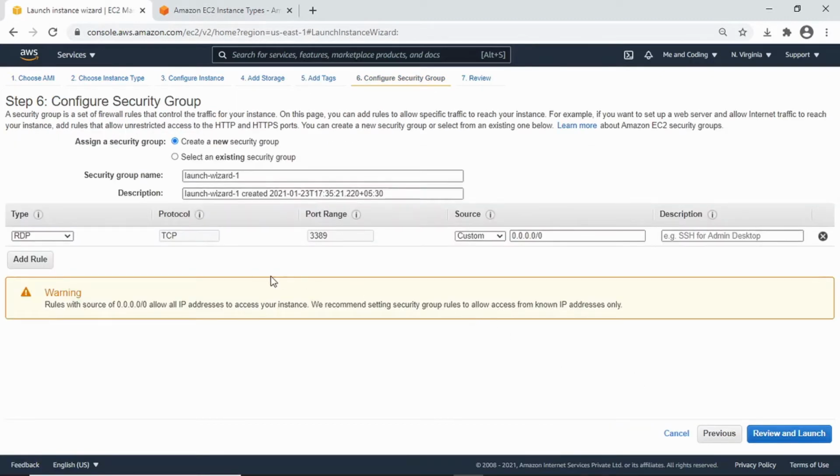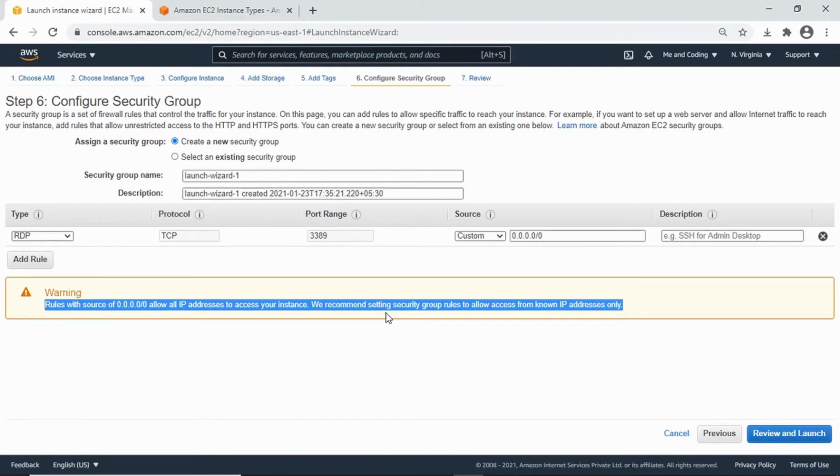Security groups. So we choose the security group that is required. RDP is required to take the remote desktop. For now I am choosing the source as anywhere, but you should never ever choose this. It will allow access to the instance to everyone in the world. So you should never use this. The reason for choosing this one now is I'm going to terminate the instance after the demo. So I am doing this. Otherwise, you should never be doing this unless there is a requirement.